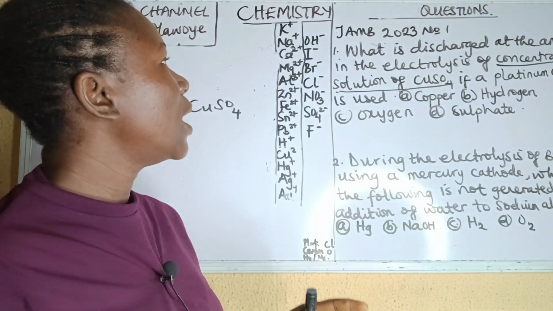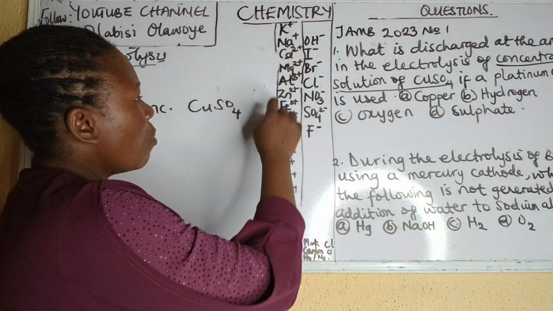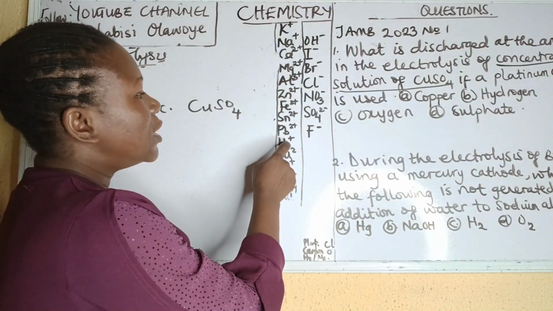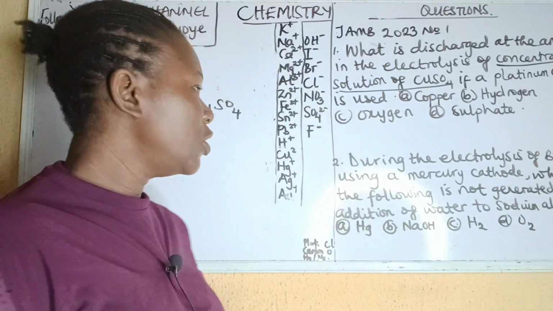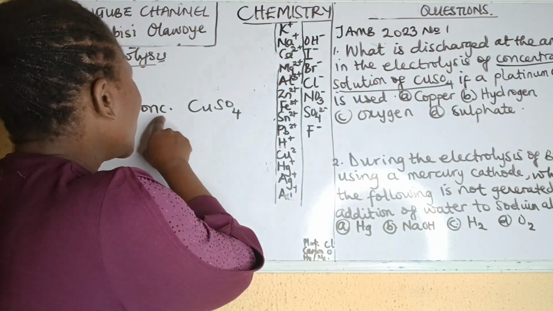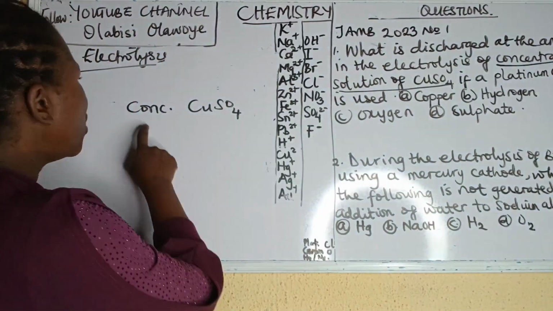Hydrogen ion is from water, while sodium ion is from sodium chloride. The sodium is up while hydrogen is down. Hydrogen is discharged in preference to sodium in that case because hydrogen is lower in the series. But considering the electrolyte used here, in the former one it was dilute sodium chloride, but in this case concentrated